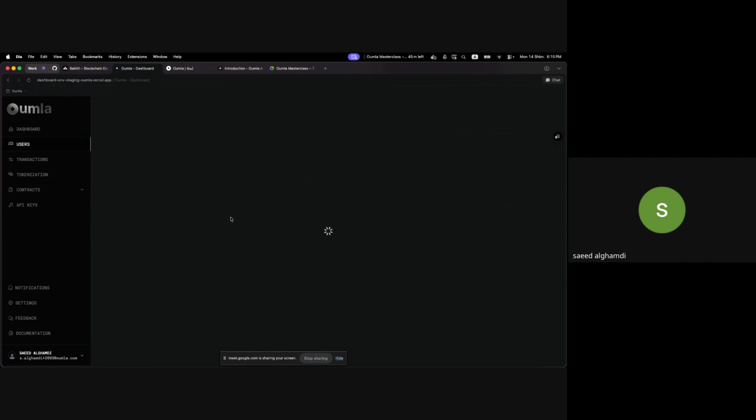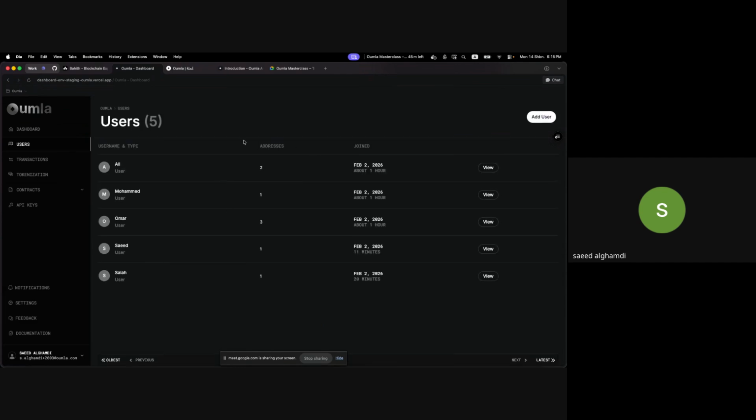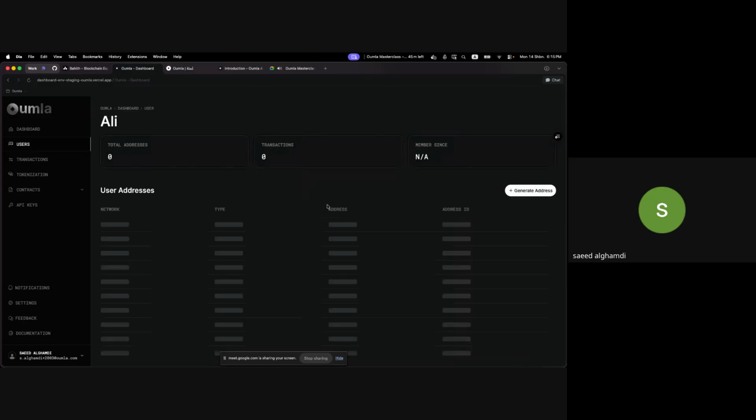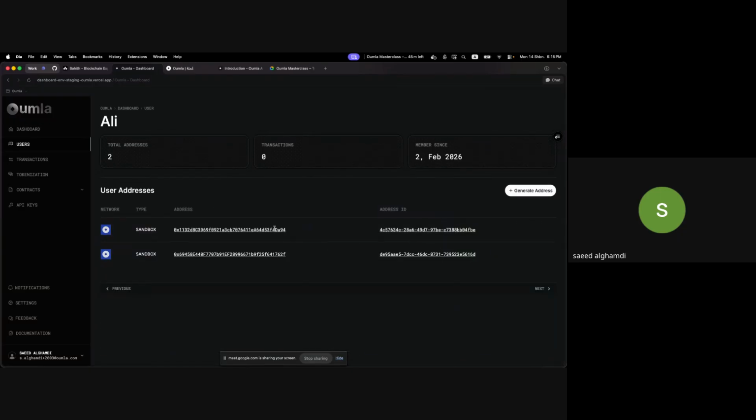So the first thing that each organization needs to do is set up their users. Each organization can generate as many users as needed, and each user can have as many addresses for different networks. Here we have Ali. Ali is a user in my organization, let's call it Trust and Pay organization.